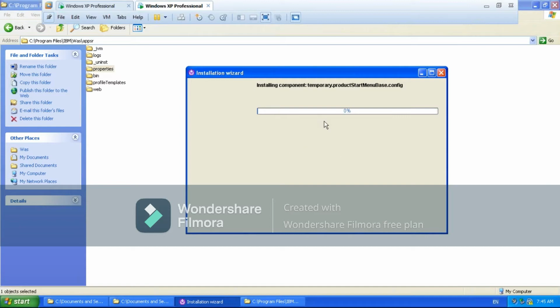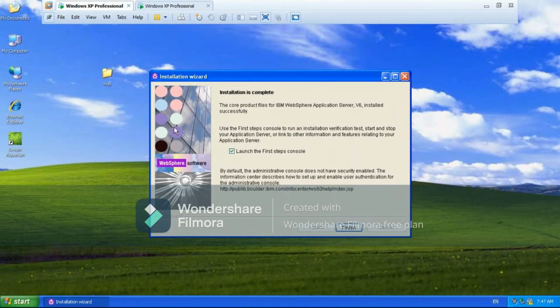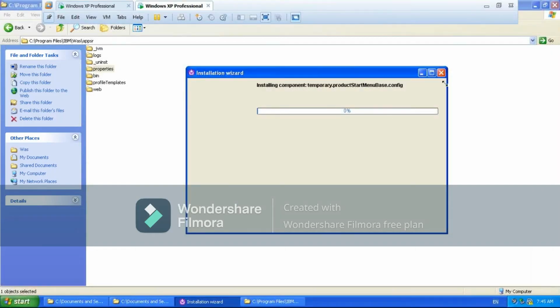Meanwhile, once this installation is done after 40 minutes, all your product binaries will come, and your profile creation and everything will be done. This part I already did in this instance. See, the installation is done, right? So I am going to close this one, to make it faster.